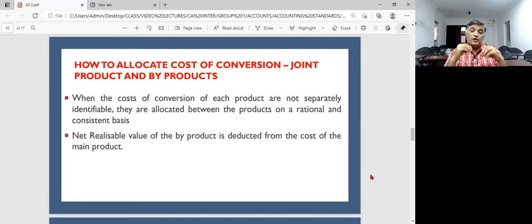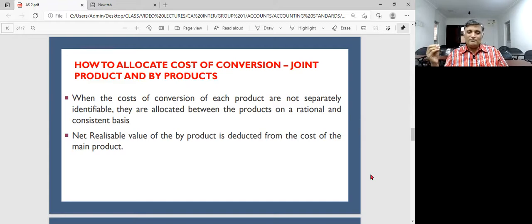Right. Now, what happens if you have a byproduct? What is a byproduct? A byproduct is something which you have not planned for. You are producing a product, but there is an incidental or ancillary product which is called a byproduct which is coming out. For example, you get some oil. Oil has got some kind of a value. It may not have a value, but just a scrap value. It's a byproduct. You didn't actually plan for it. It is a resultant of a main product. You planned for the main product, but there is a resultant byproduct as well.